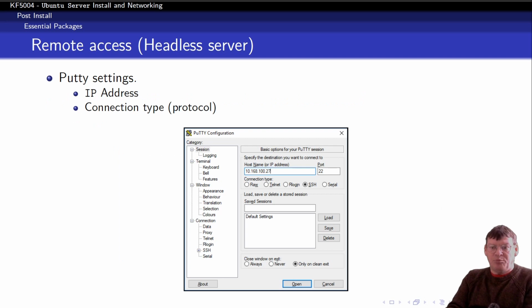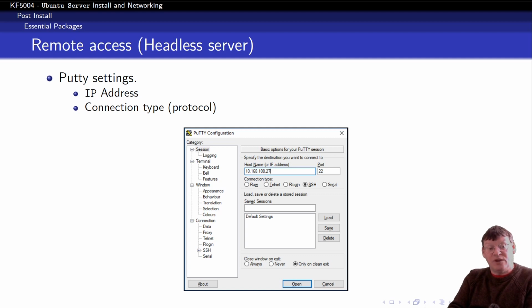If we run PuTTY from our machine, we'll use PuTTY in this case, all we have to do is simply in the IP address, type the address and then select port 22. In fact, we don't even need to do that because by default it shows up that it wants to use SSH. It's that common for it to be used. So all we have to do is put in the IP address and select open, and that will initiate the